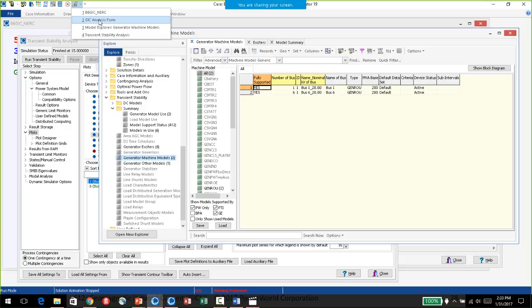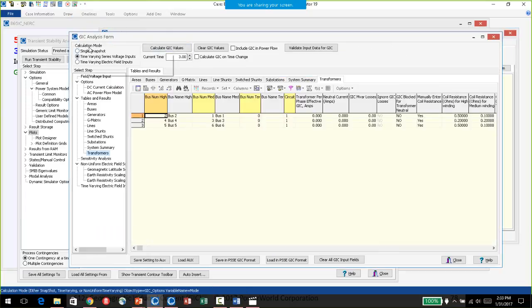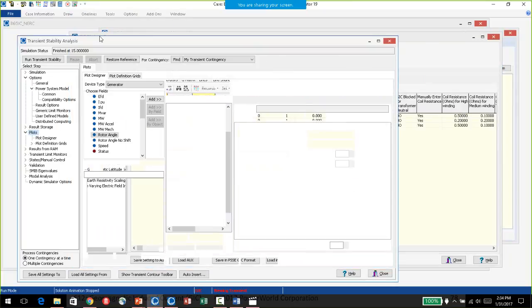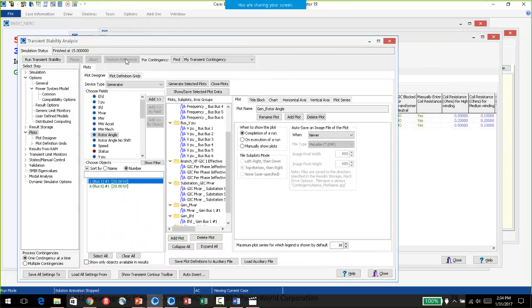If I come over to the power flow side and choose single snapshot mode, I have to get out of the transient mode. When you're running transient stability, it'll leave you in that mode until you tell it to restore the reference. So if you wanted to bounce back to the power flow, you would come back into transient stability and say restore reference.